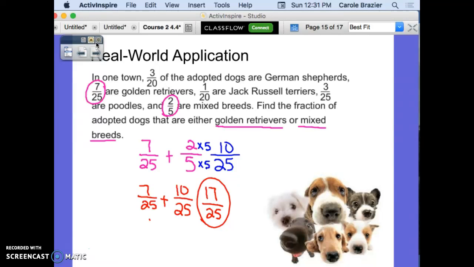Don't forget that there will be vocabulary on that quiz, so make sure that you wrote down what the vocabulary was for least common denominator,